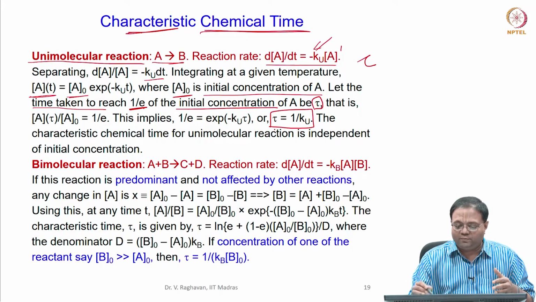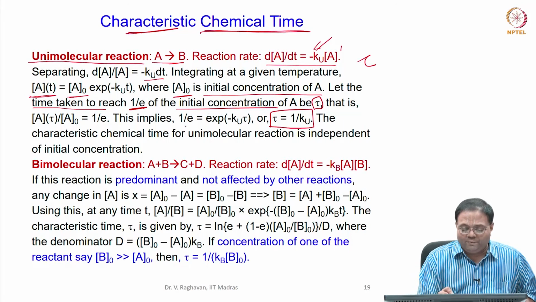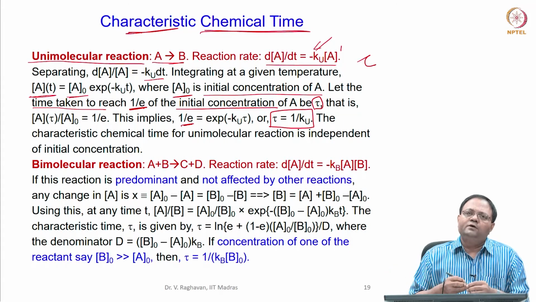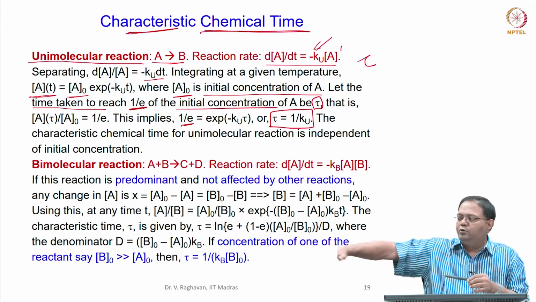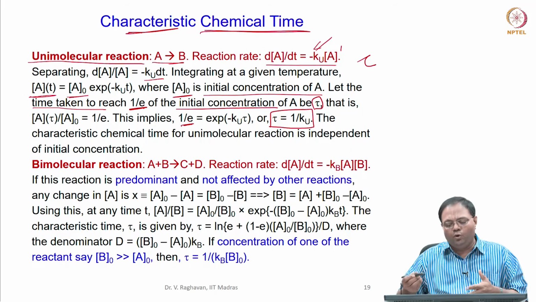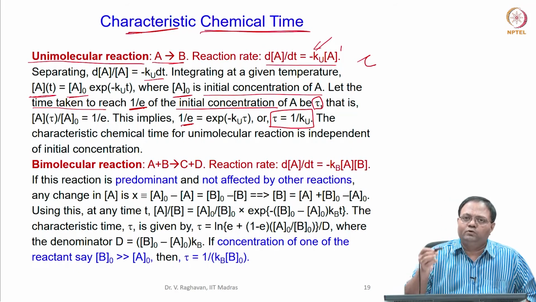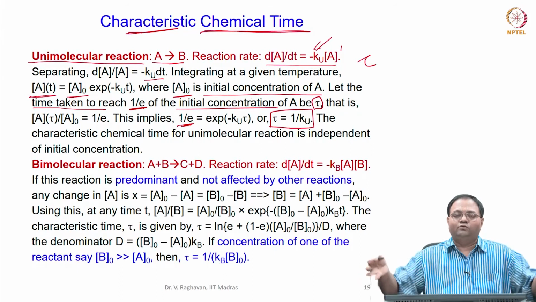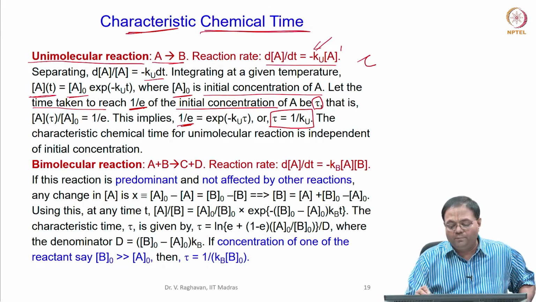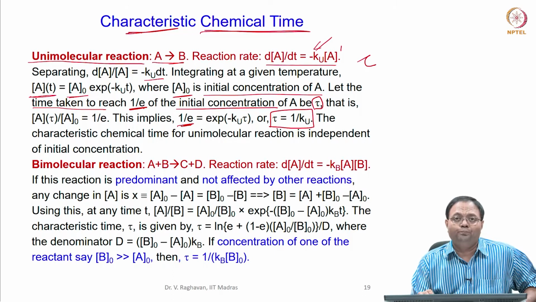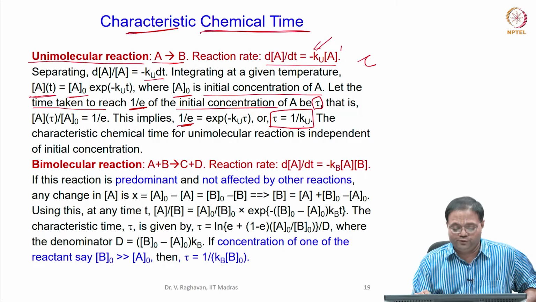So, why am I taking 1 by E, and why am I not taking A naught to 0? Because normally the concentration reduces asymptotically, and it will take a longer time to reach a value of 0. If you consider this, this is the time we should plan for the reaction to be completed, but this is a very low time based upon temperature. Basically, if the temperature is high enough, then tau will be low, because Ku will be high at higher temperatures.